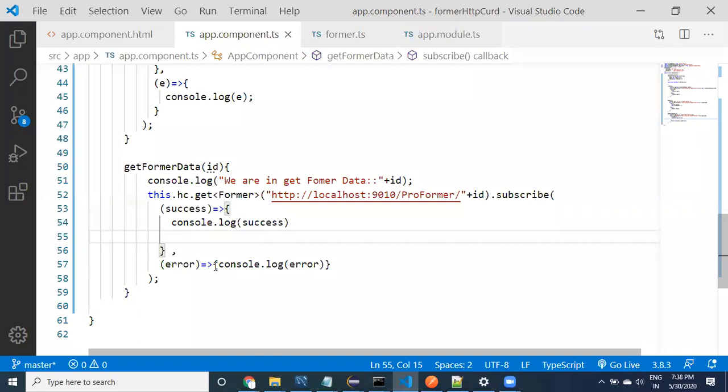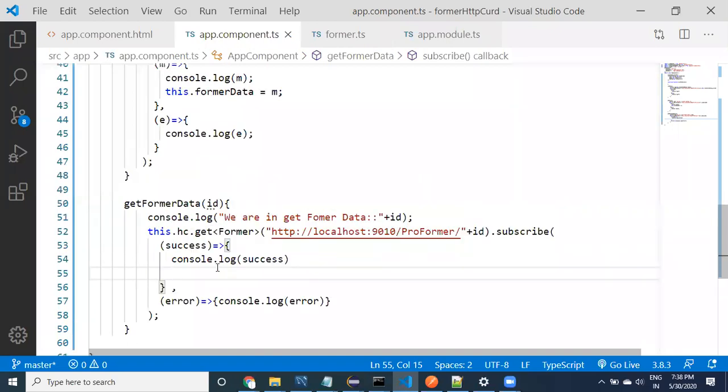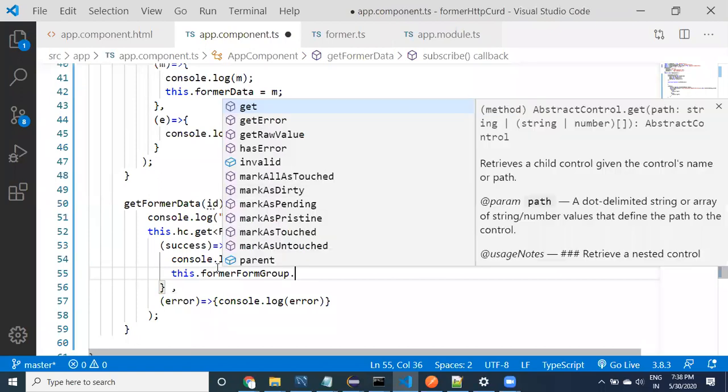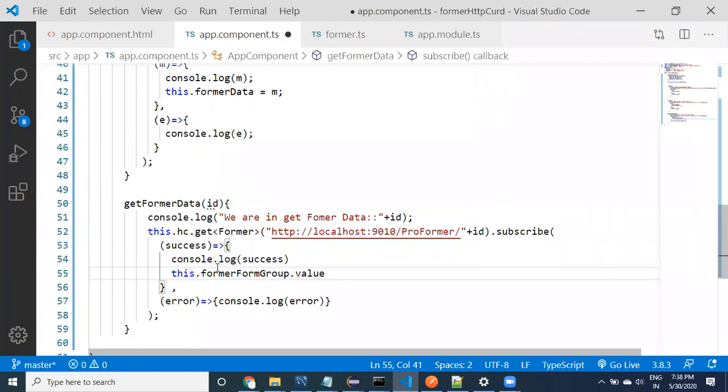If you change anything in the component class, it reflects in the HTML. For that, I can do this dot farmer form group dot value equal to, let's try providing success data.